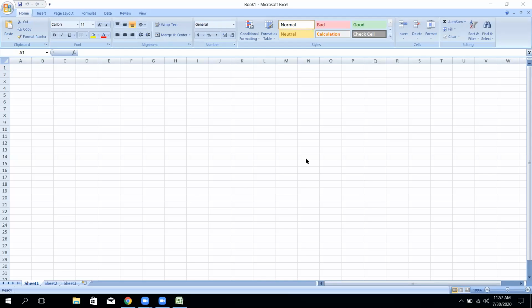Microsoft Excel is the database program which consists of different rows and different columns, which is called a worksheet.